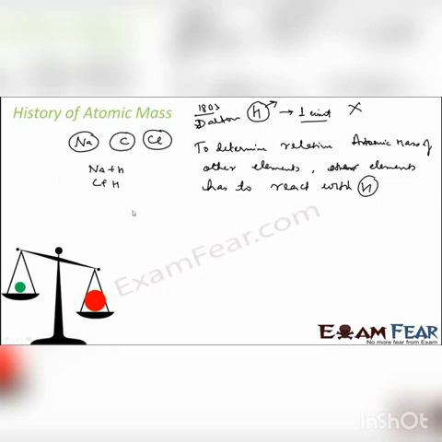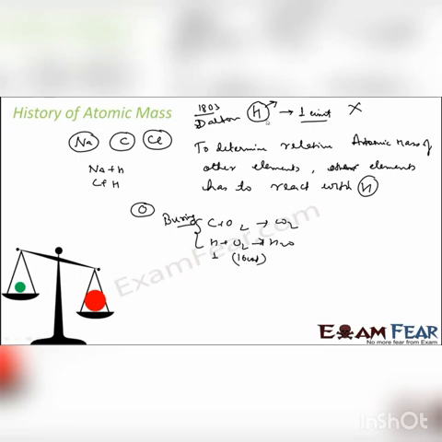Now they found that oxygen reacts with everything pretty easily. Hydrogen plus oxygen gives water, and carbon plus oxygen is CO2. Anything easily burns. Reaction of oxygen with something is nothing but a burning reaction, and it is very easy to burn something. So they thought, let's take oxygen as the base unit. If hydrogen is considered as one unit, the oxygen value came out to be 16 units experimentally.